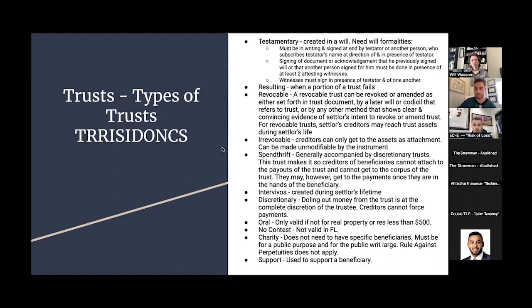Yeah, just one thing. Something I heard you just say, and I heard Will say a little bit before, that I had a little bit of trouble understanding: with these types of trusts, you can have a revocable discretionary, you know what I mean? It can be all of those things. It'll be a revocable trust with discretionary provisions, and it's also a support trust. Can be all of them. Testamentary, irrevocable, discretionary, spendthrift trust, sure.